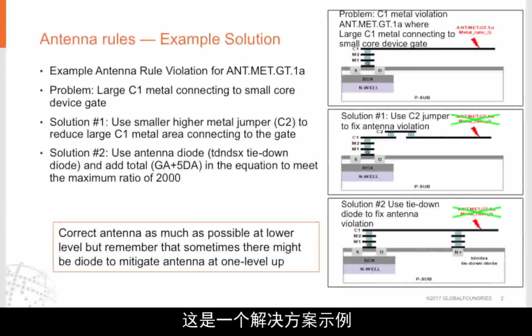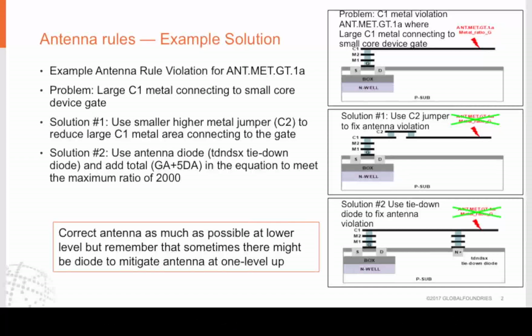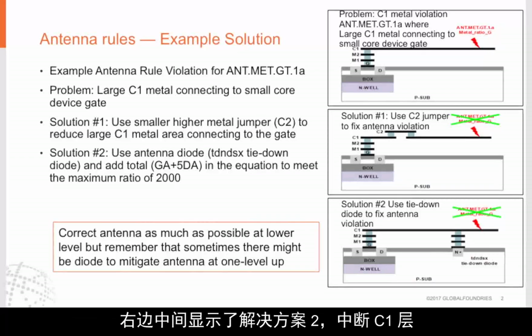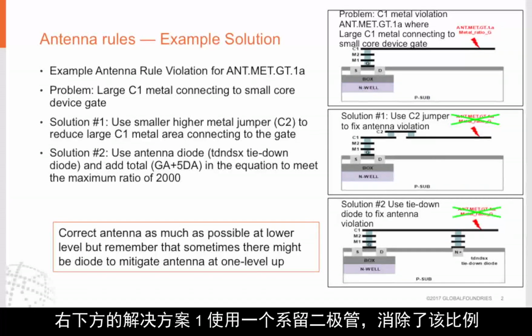So here's an example of a solution. The problem is shown in the drawing on the top right, where the ratio between the C1 layer and the gate is too high. One solution, shown as solution 2 in the middle on the right, is to break the C1 layer and go up to C2 before going back down to C1. The only metal used in the ratio would be the C1 on the left. And the other solution, shown as solution 1 in the bottom right, is to use a tie-down diode, which eliminates